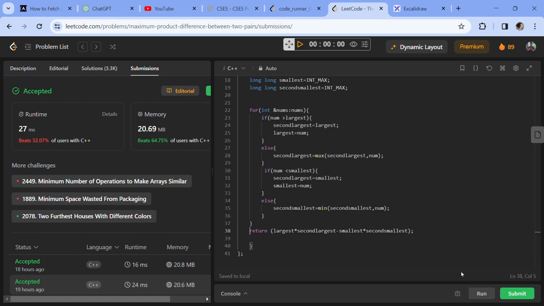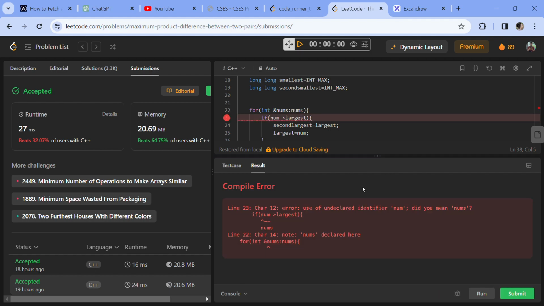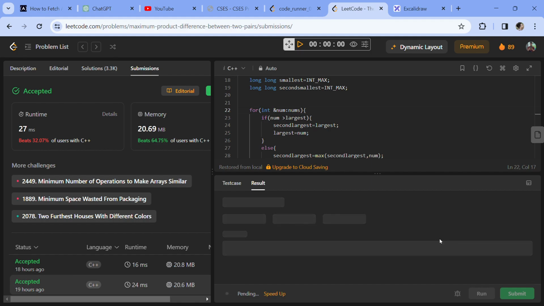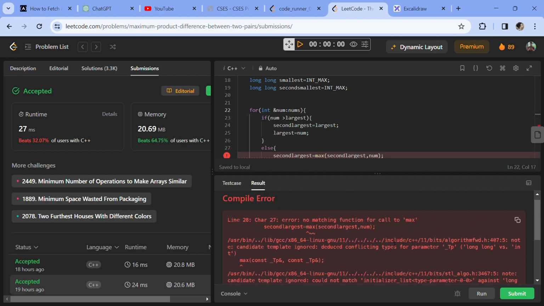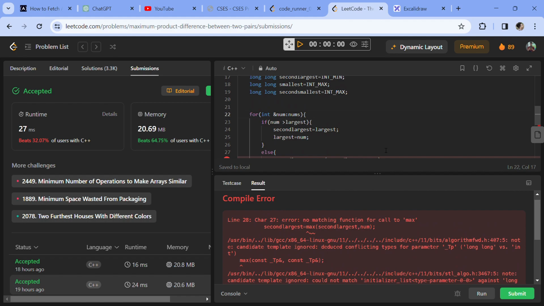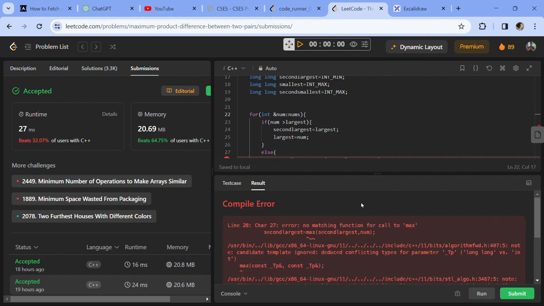So let me check if all our test cases are running or not. So num is not defined, what is coming? Nums. Okay, int nums. Okay, here num will come. Okay, let me check max, what is there in this. We max of